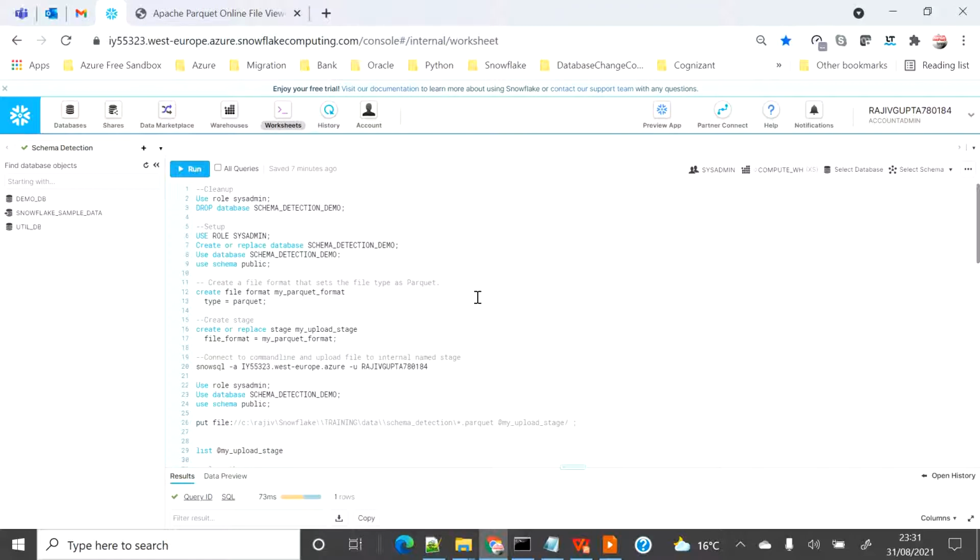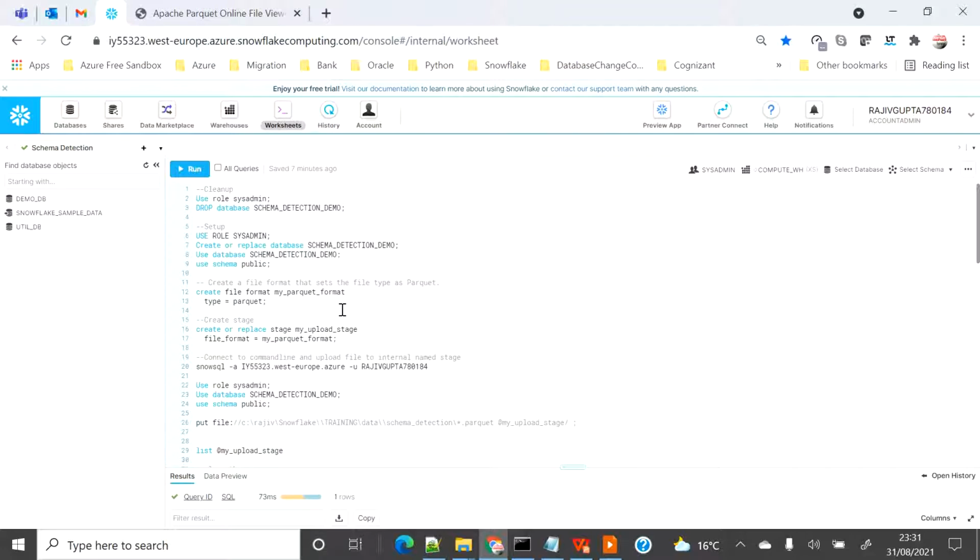This feature supports a list of columns based on the object you want to create. If you want to create a table, it will give the output for table creation, and if you want to create a view or an external table, the column list will be formatted accordingly.